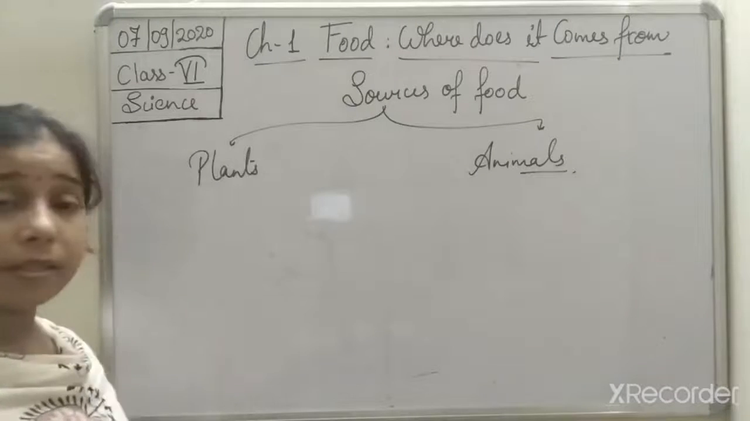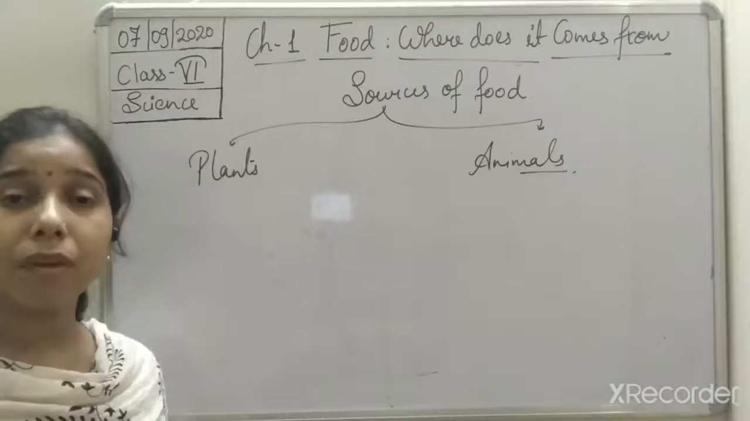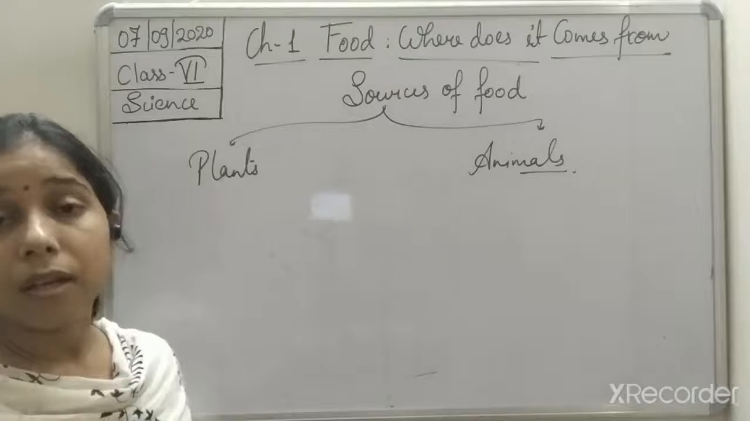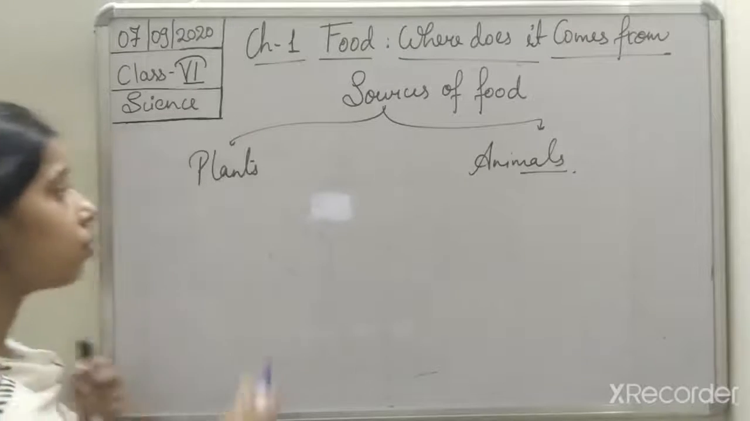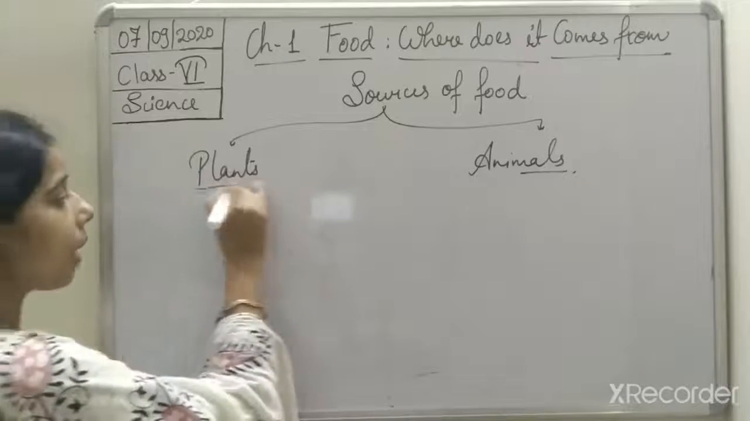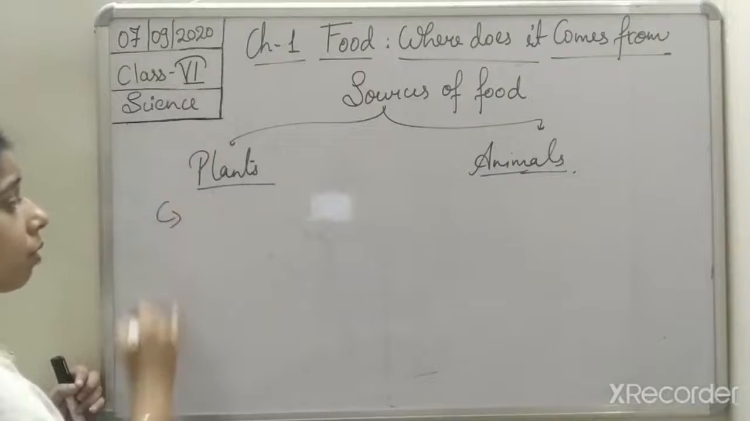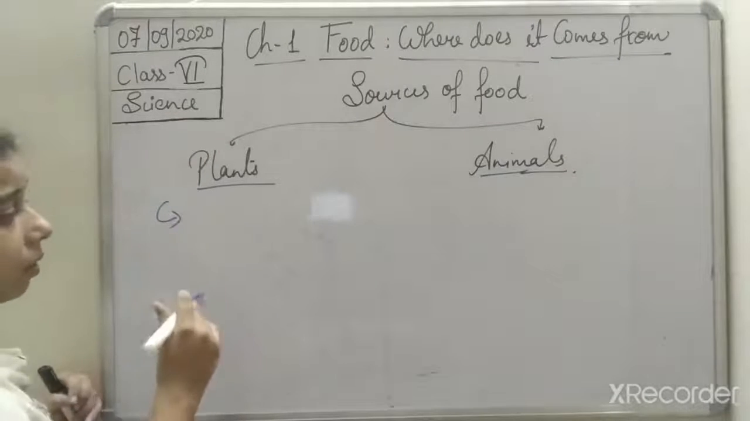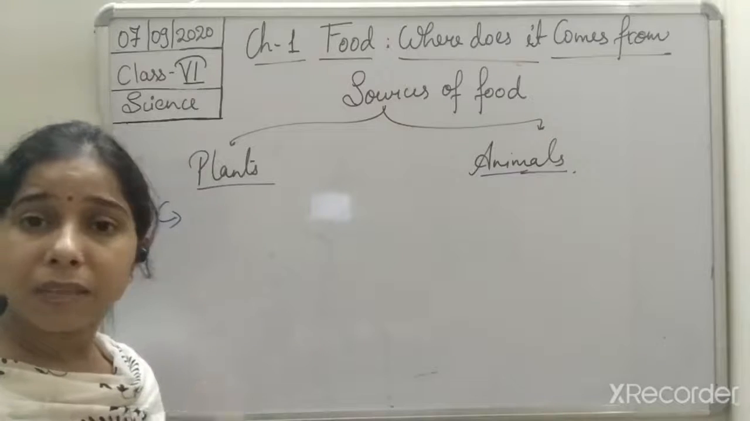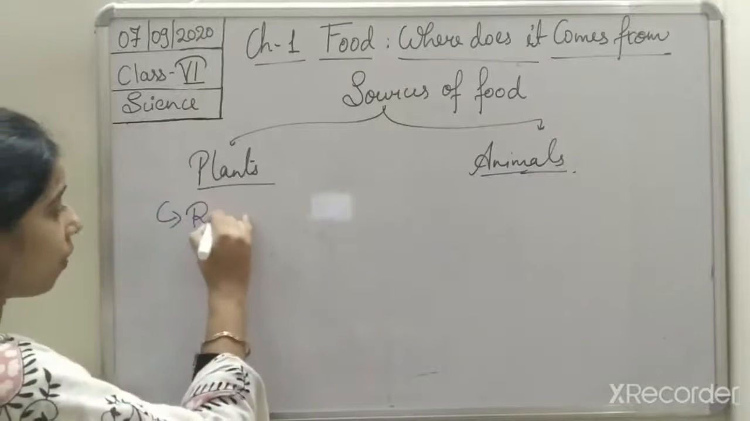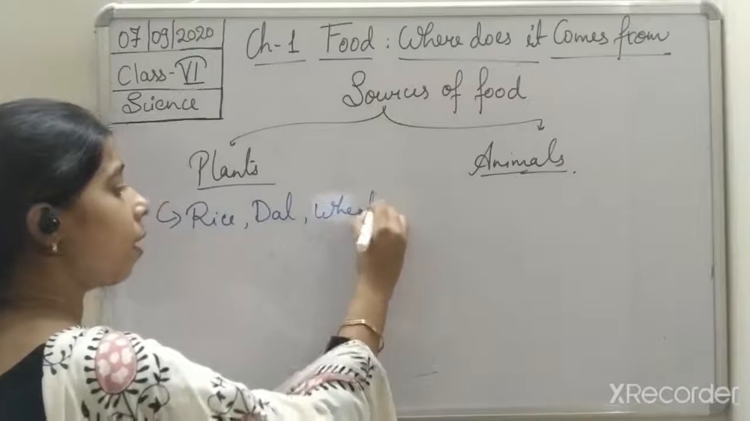Then we discussed the sources of food. We are taking food, and where we are taking this food from is decided by the sources of the food. So what are the different sources of food, students? These are plants and animals. Plants are the major source. They give us everything, like rice, dal, wheat,